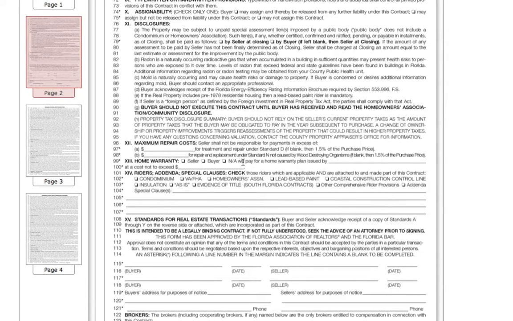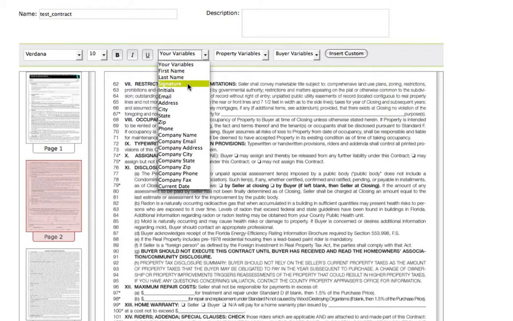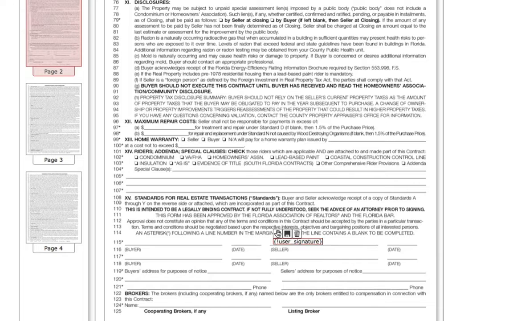And let's see here. Let's go down and put my signature in. So we're the seller, and those are my variables, so that would be my signature. Now the signature is kind of funny for some reason. Because it's so big, what you're going to want to do is put your signature